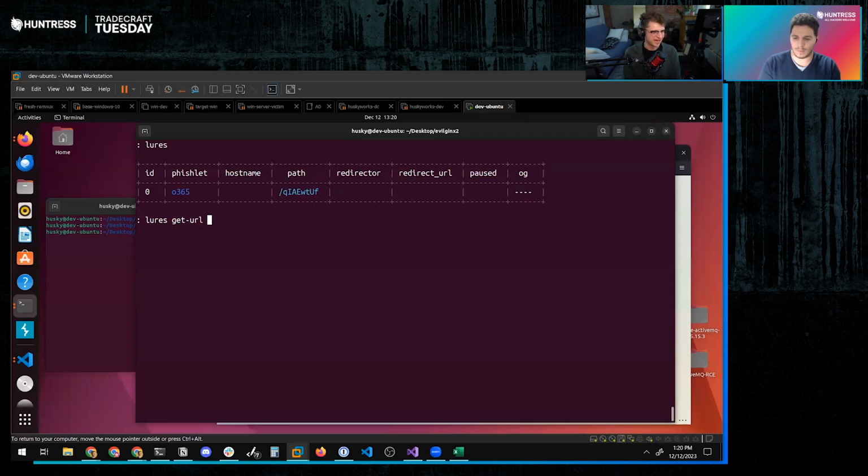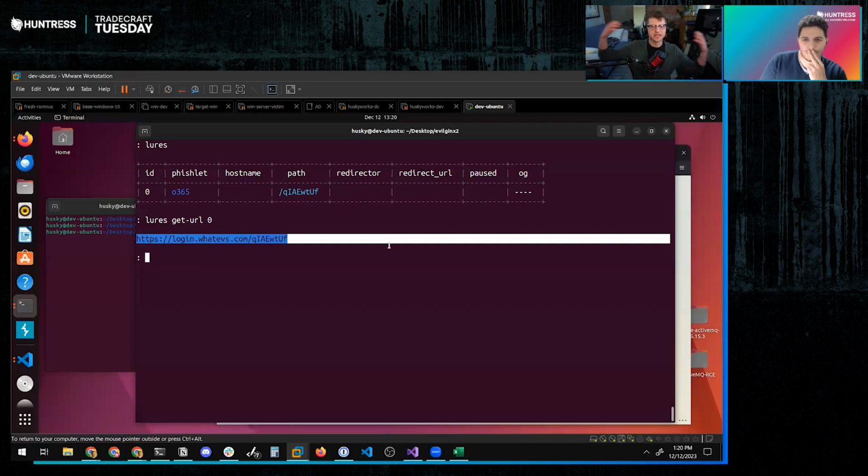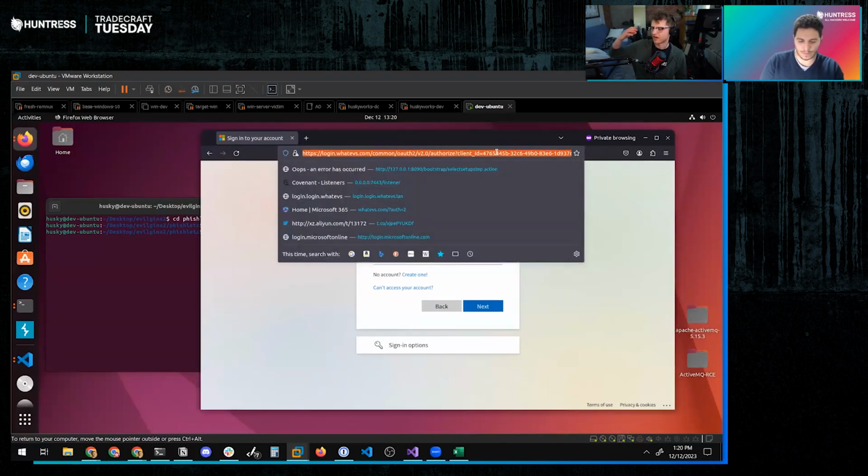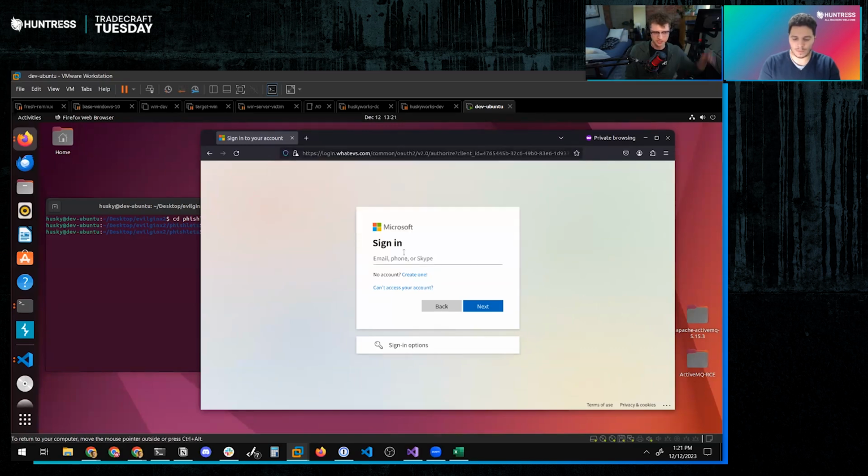So if we get the URL for lure 0 here, in a legitimate situation this is your evil domain that you've stood up. If you've typosquatted or otherwise put up a domain that looks legitimate, you will take this and use this as your phishing link. In the background here, that's the legitimate Microsoft online sign-in portal, but we're not interested in that. We have, as the target, as the mark, gotten an email that says, hey, you've got to log in here or else we're going to drain your account and bad things are going to happen. Oh geez, okay,